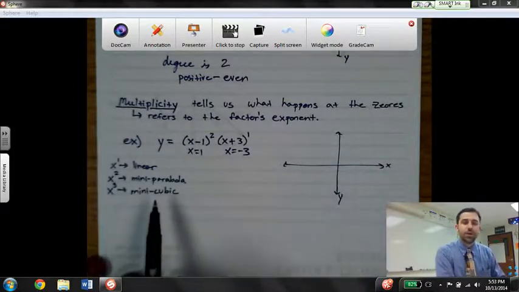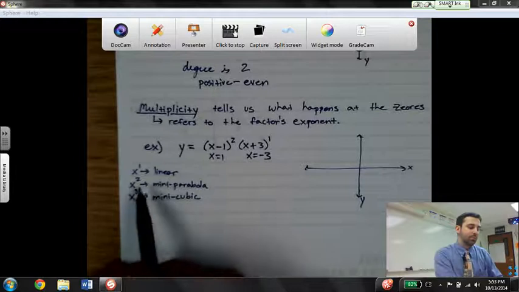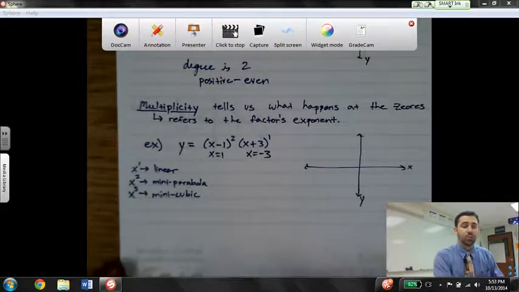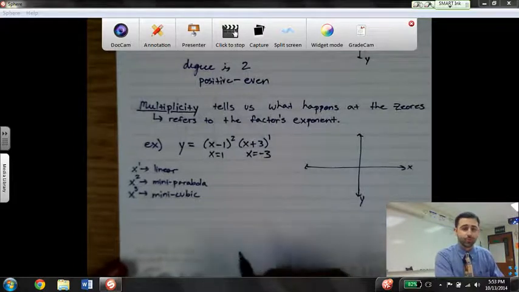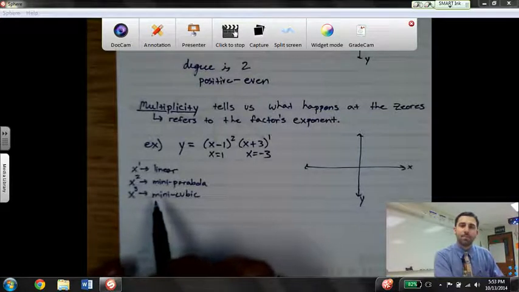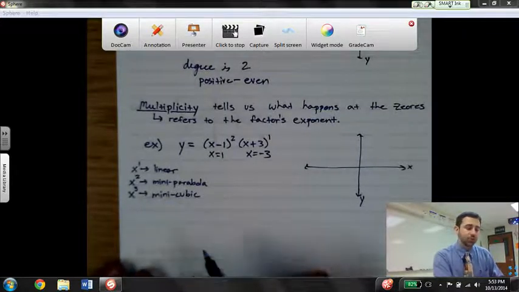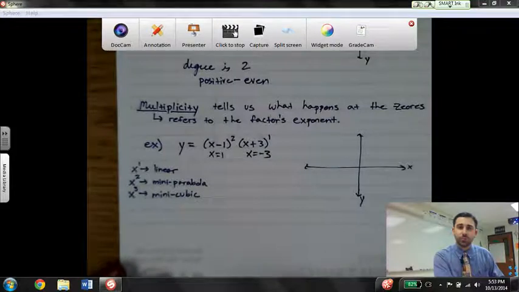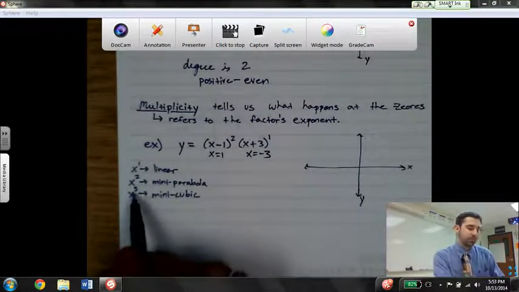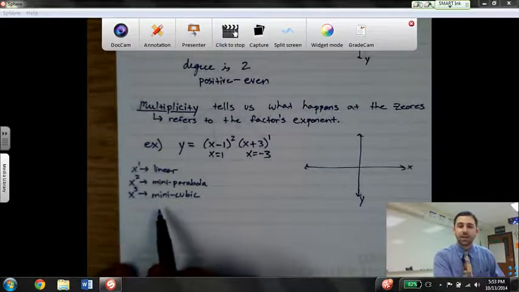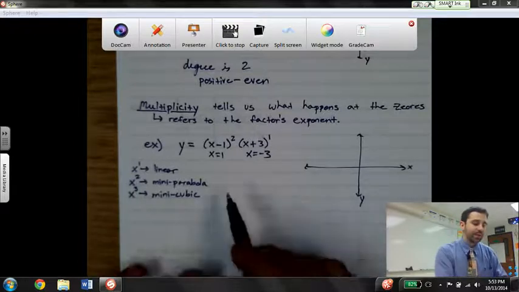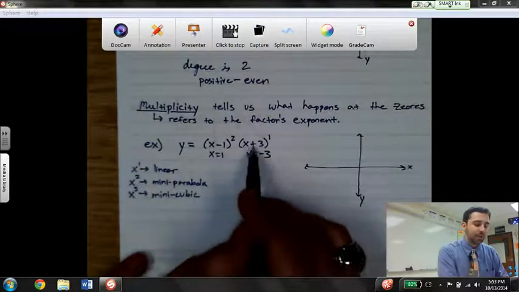Now notice when I have a multiplicity of 1, that's considered a linear, so that's where we would just cross through the root. When the multiplicity is 2, I have a mini parabola where it looks like I'm bouncing off of the roots, kind of like a double root. And then when I have a 3 multiplicity, it's going to look like a mini cubic function where the function changes directions. So we begin graphing by graphing our roots, which we got from our factored form,